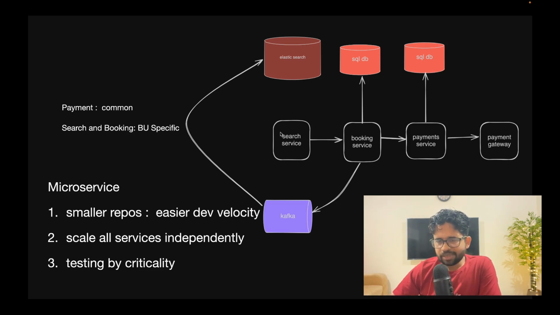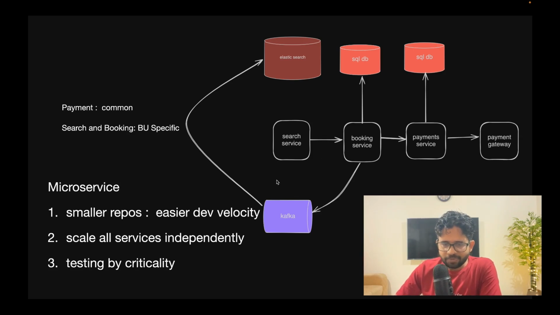The advantage was that now you had smaller repos, and different teams or different people could work on each repo. The people responsible for search worked on their own repo and interacted with Elasticsearch, that's it. For booking, there were separate people working and interacting with their own databases. Then there was a syncing service which used to sync the data to Elasticsearch, and they maintained Kafka. So the responsibilities were clearly divided. It doesn't matter if the teams are merged or not, that's a separate use case. But the easier thing was that deployment was now easy. You can clone any of the repos and start coding.